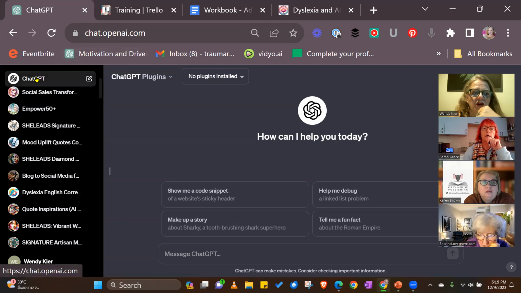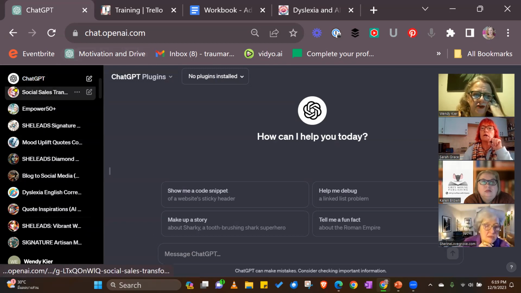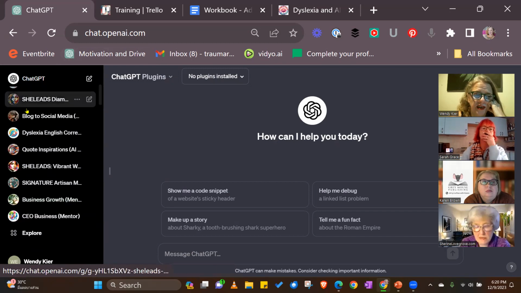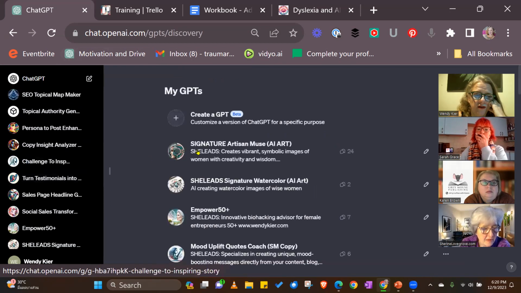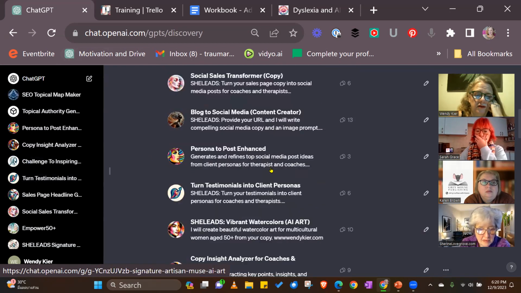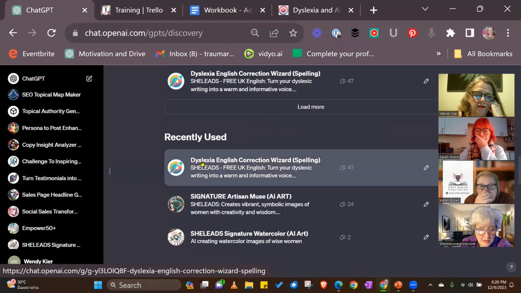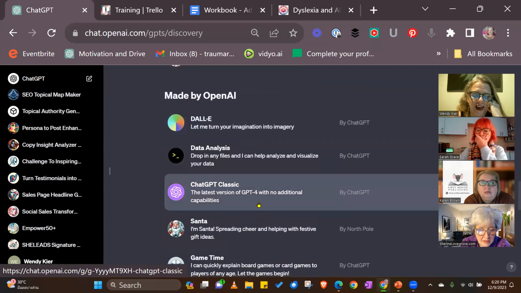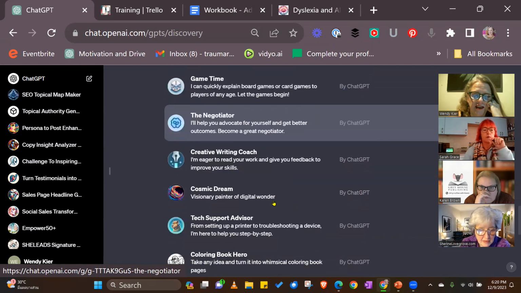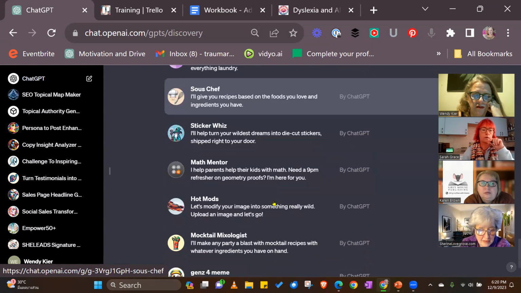So on the left-hand side, you have your own GPTs, and then in Explore, you have ChatGPTs. So the DALL-E Classic, and then theirs, that they've created, which you can use.